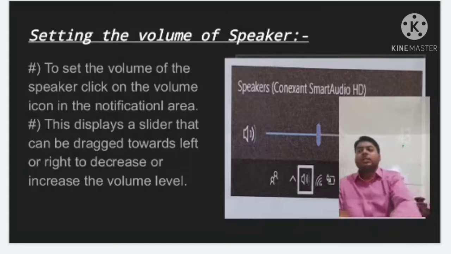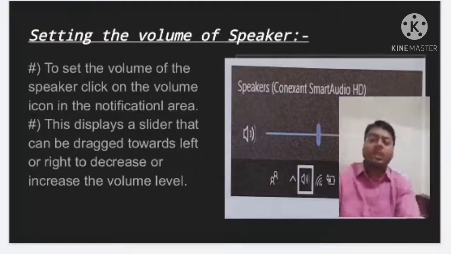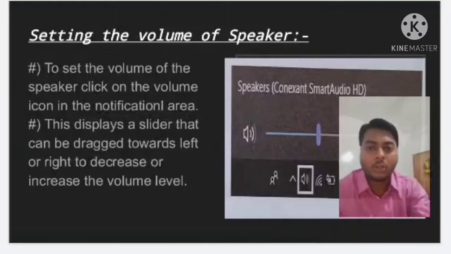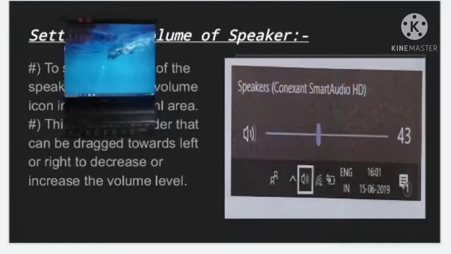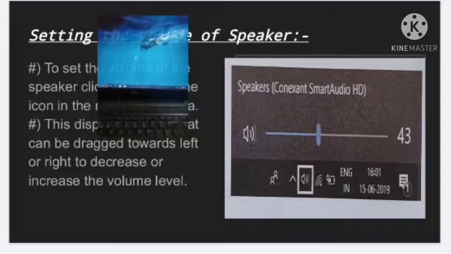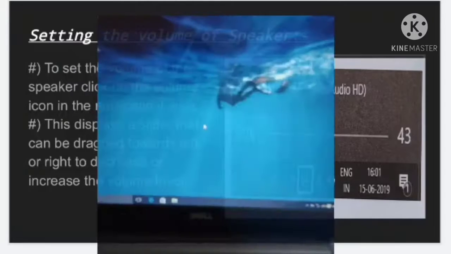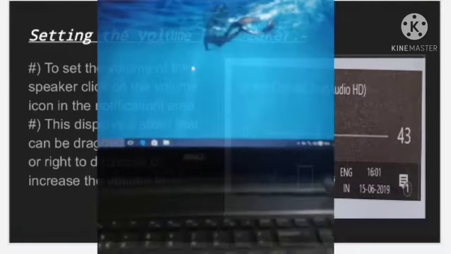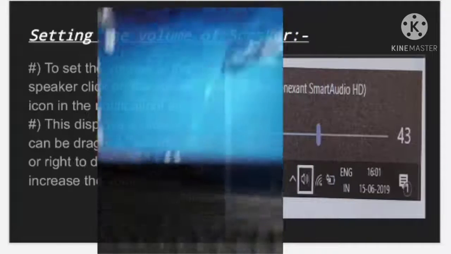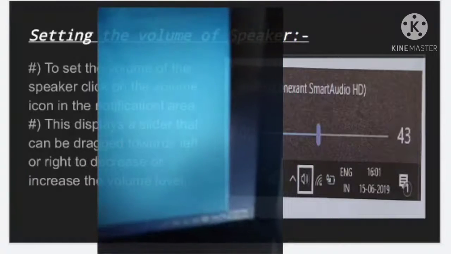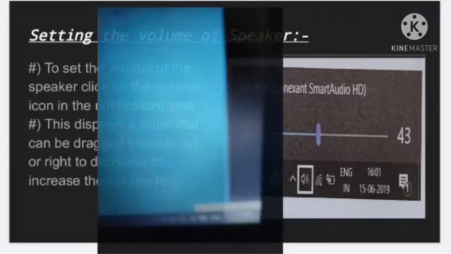Now see how to change date and time. I will show you on my laptop. Here, see the students. Here the date and time.